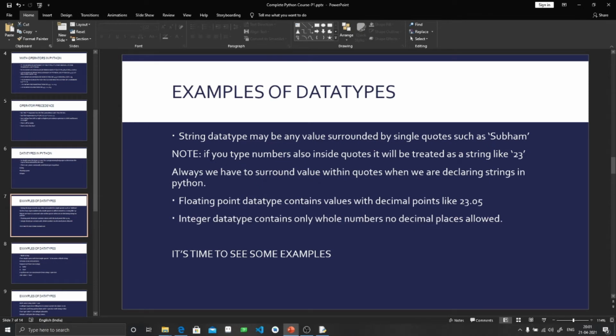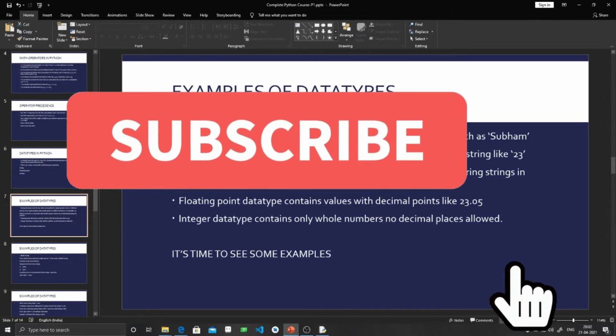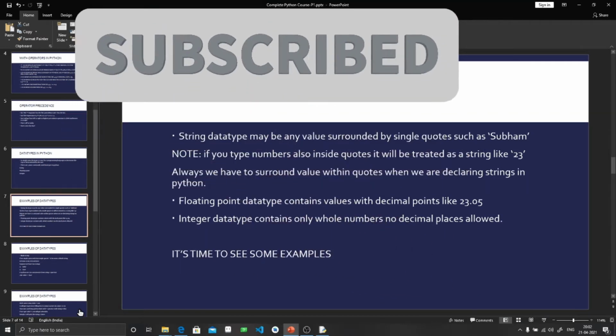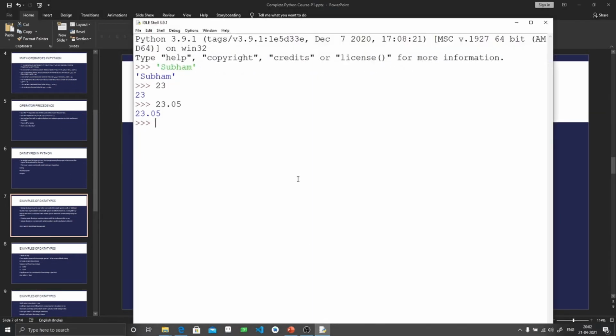Note that whenever you are using anything within quotes, that will be treated as a string. If I enter 23 inside quotes, then this input is different from this input. This input will be treated as a string.